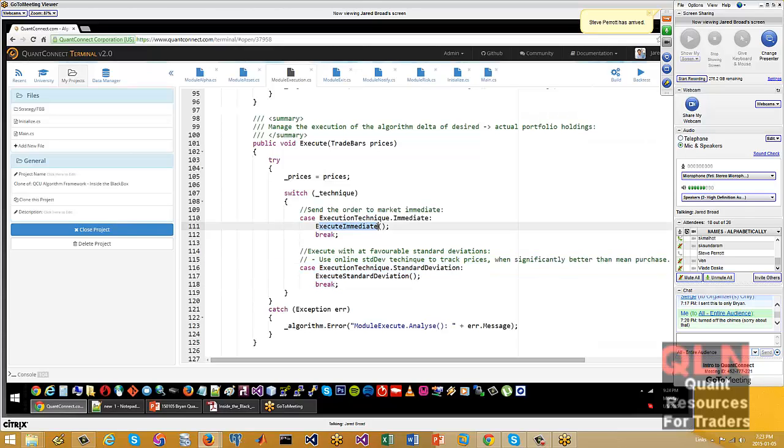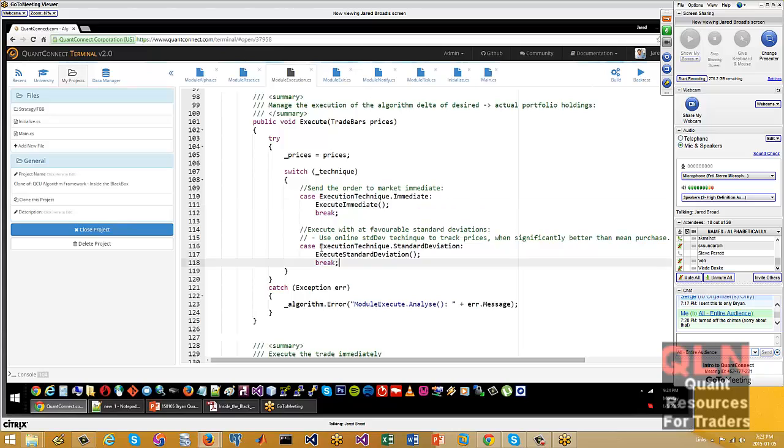It's executing immediately, just ignoring market pricing. Let's just jump in there and place the trade and hope we don't move the market. And then using a longer term standard deviation based entry. So when the price is favorable in this minute or this hour or this day, execute in pieces or as a whole using the standard deviation execution.